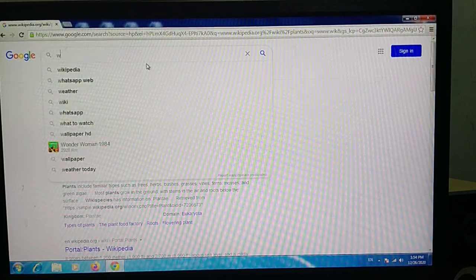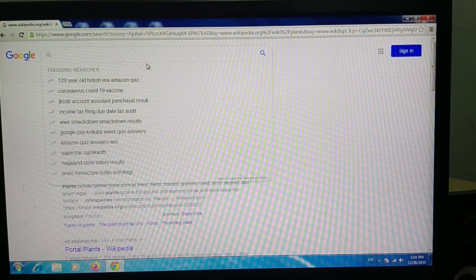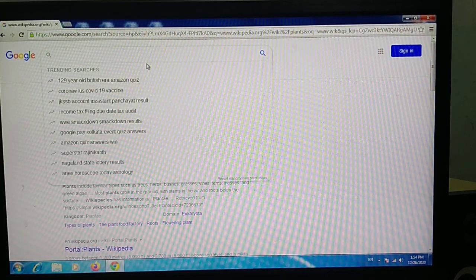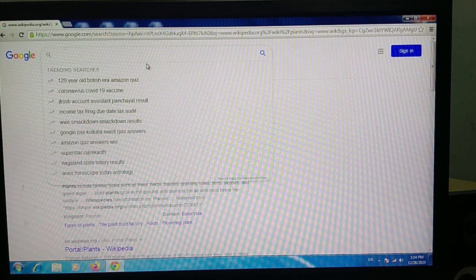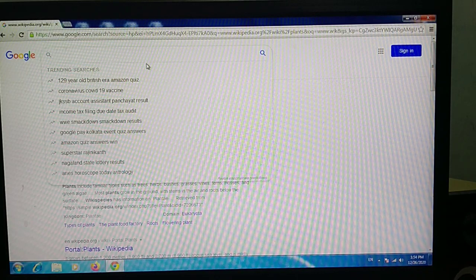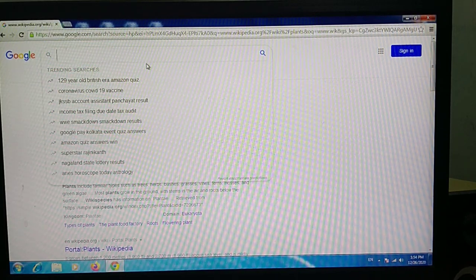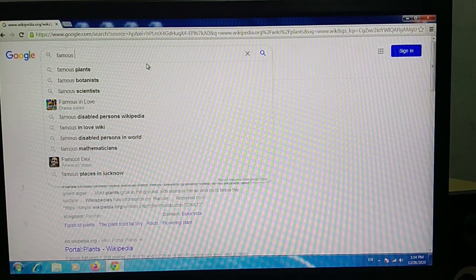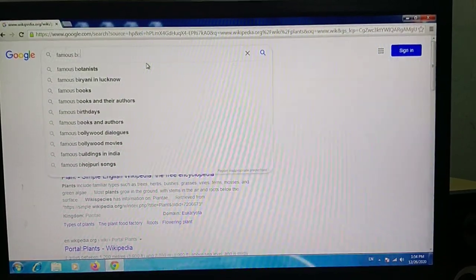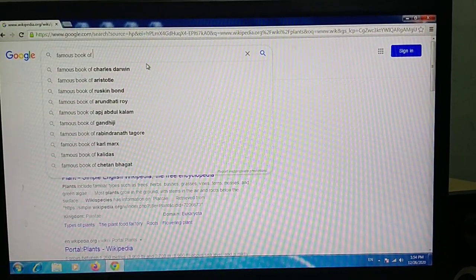Suppose you want to search for anything, you can search from here. You want to search for a famous book of computer. Simply write here, famous book of computer.